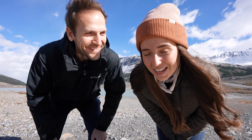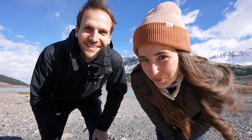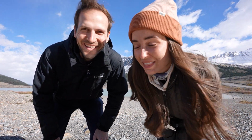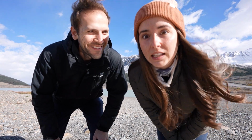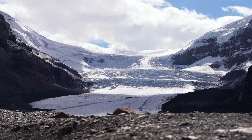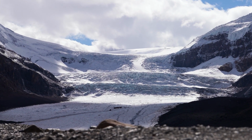Jasper, Canada. It is day 5 of our Banff, Canada road trip, and today is such a big day. I'm already freezing my butt off, but that's okay. We are about to hit a glacier. We're going on a glacier trek here on the Athabasca Glacier in the Columbia Icefield in Jasper National Park,